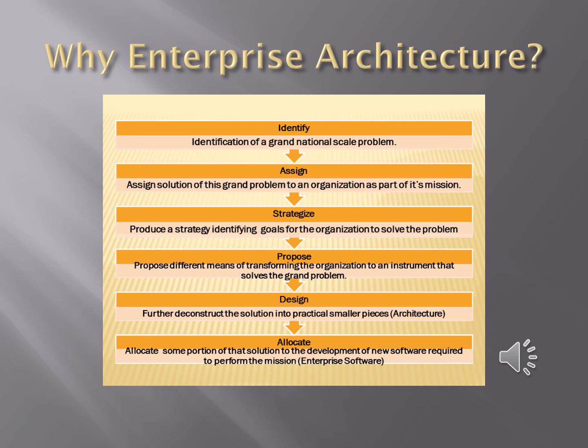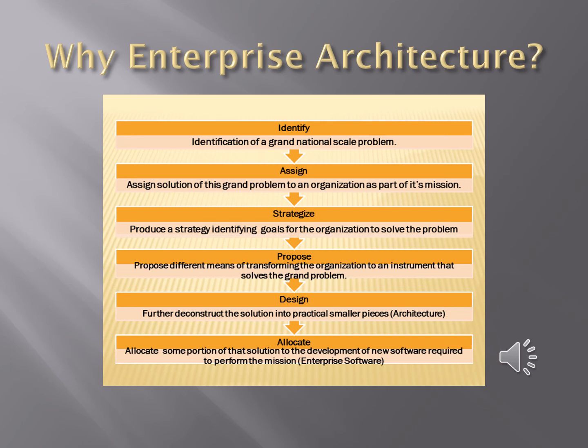We might, at the top, identify problems to the nation, and then assign those problems to different organizations, and then the organization produces a strategy to achieve that mission which has been assigned to it, and it creates a particular program to execute that particular line of business, and then we design some particular tools to assist us, capabilities to assist us,